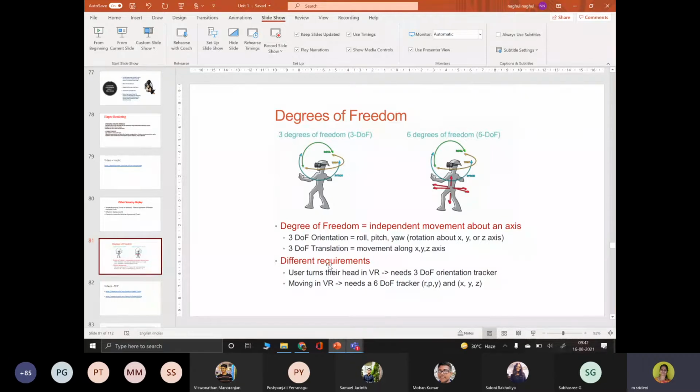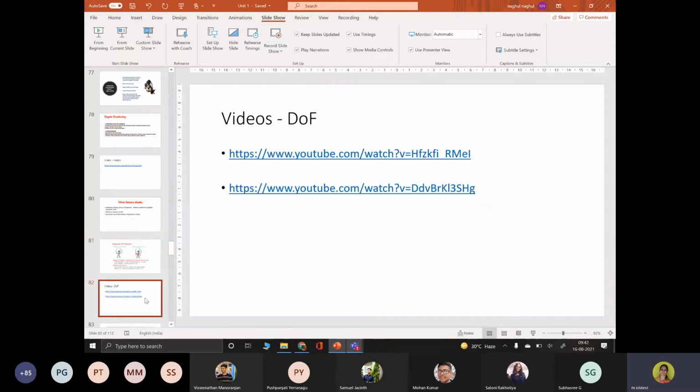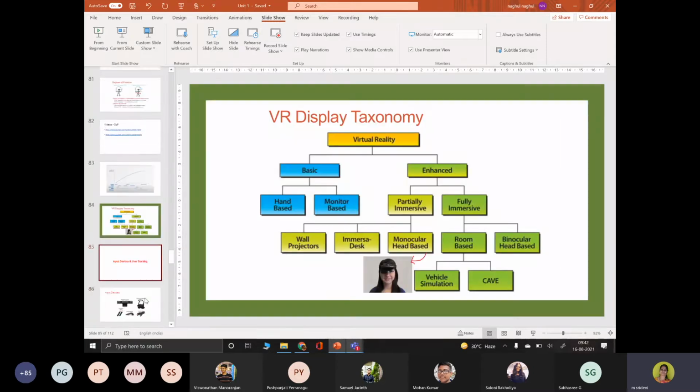Translation is nothing but the movements that we are going to give, and in the case of rotation, orientation is also called rotation. So these two concepts, what translation is, how it is performed, and what orientation is, we will be discussing in detail when we are discussing our second unit. Now coming to the tracking system,